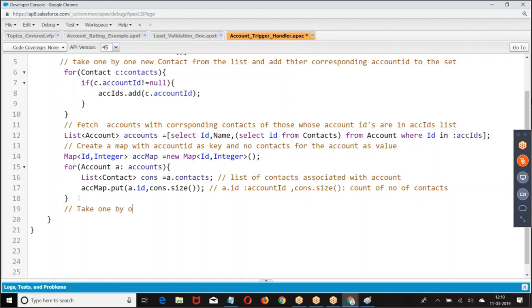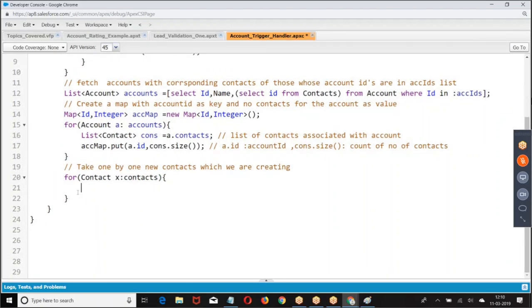Take the new contacts one by one. For contact x, take one by one contact, then fetch the account.